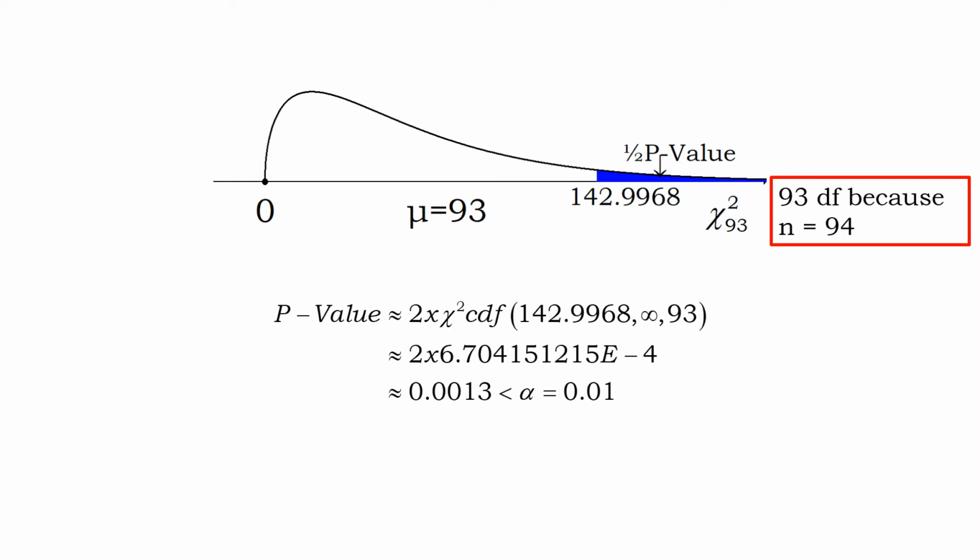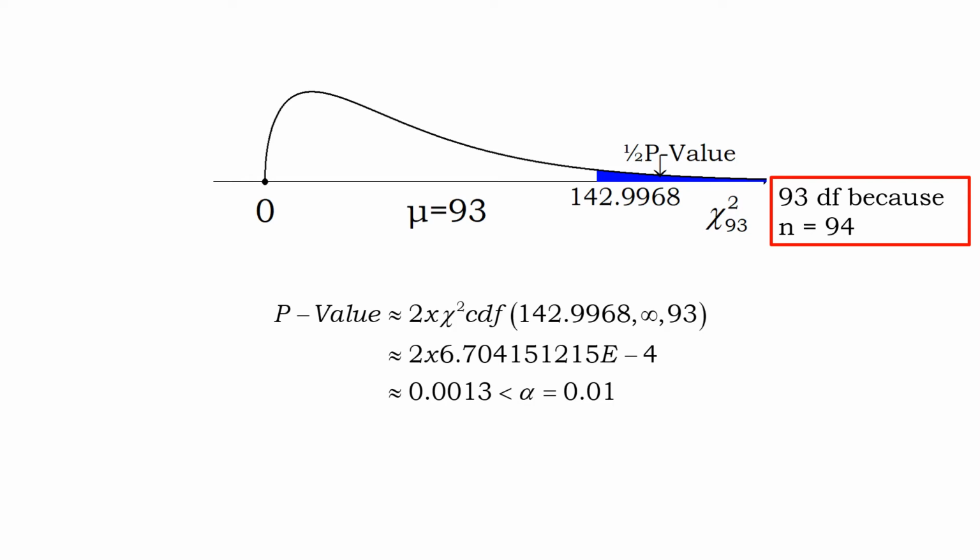But I did want to point out here, if you did the chi-squared CDF by itself, the output would say 6.7 and a bunch of other numbers, but finally at the end, e to the minus 4. It's very critical that you see that e to the negative 4 over there. That's scientific notation, which means you have to move your decimal place 4 to the left. So instead of being 6.7, it's actually